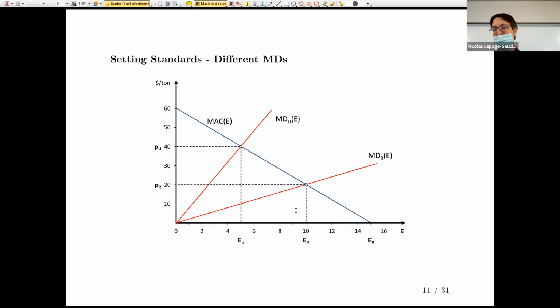In that case, the marginal abatement cost would be low in the rural area because the damage is low anyway, but it would be high in the urban area because we really want them to pay enough to reduce the emissions. And what happens if you don't do that? If you have some uniform standard, so let's say you have